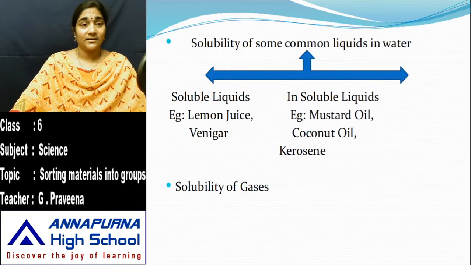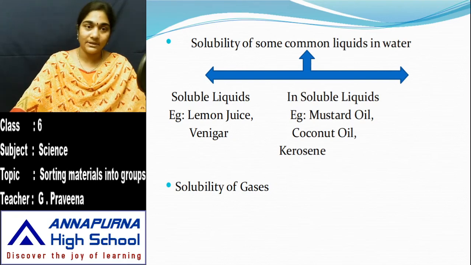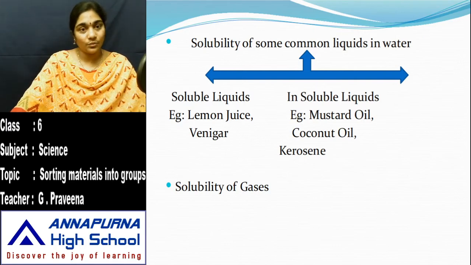Next is the solubility. Let us observe that in liquids. Do all the liquids dissolve in water? Based on that property, all the liquids are divided into soluble liquids and insoluble liquids. For example, in a glass of water, if you add lemon juice, it dissolves in it. We can't differentiate the lemon and the water there. Or if you add a glass of milk and a glass of water together, you cannot differentiate the water and the milk there. So the milk is getting soluble in water. The liquids which get soluble are called soluble liquids.